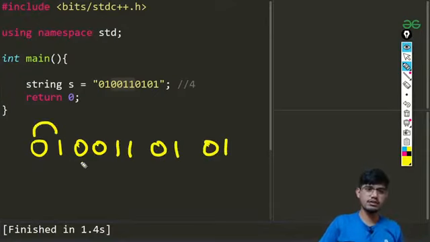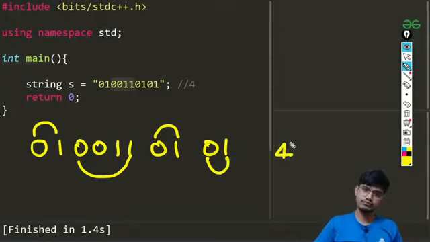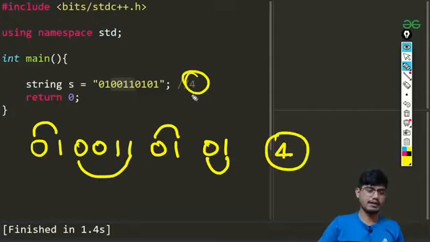Basically this is the first, this is the second, this is the third, this is the fourth. So the expected output is 4 for this question.